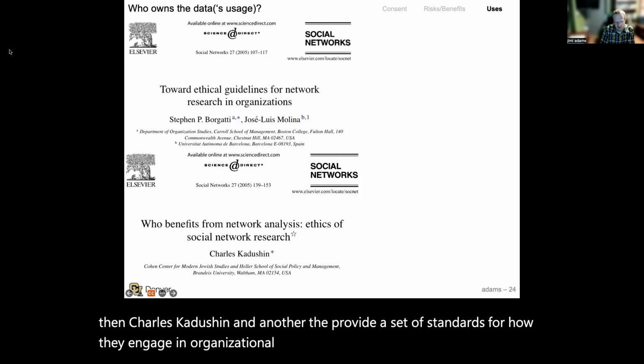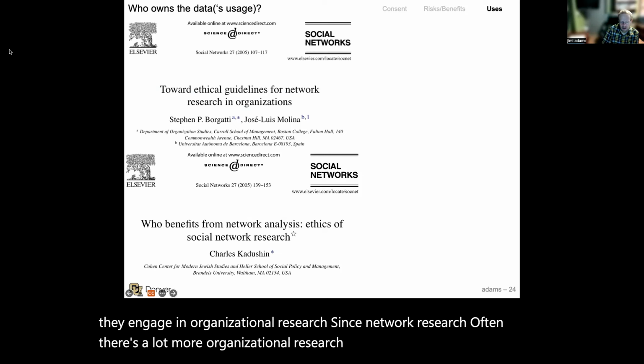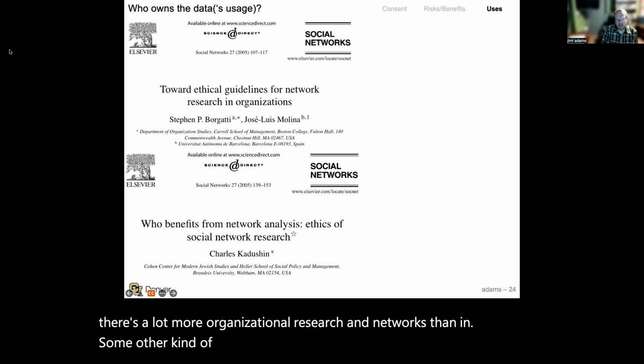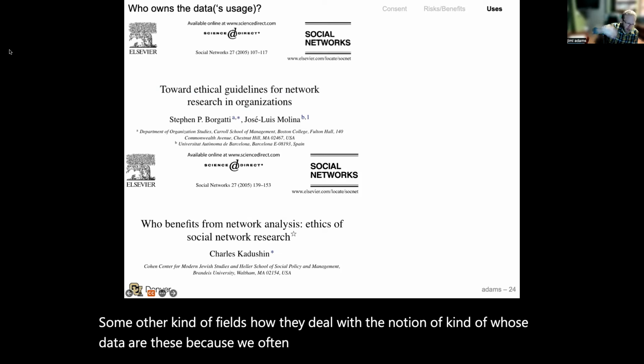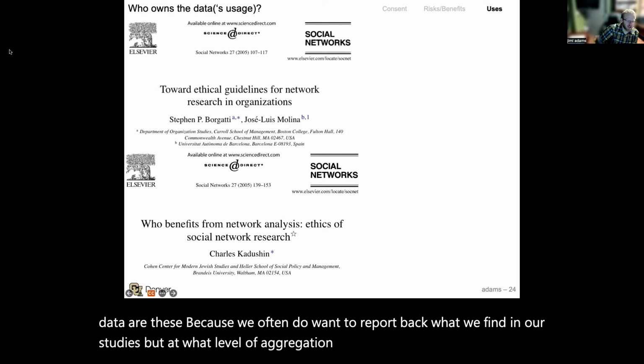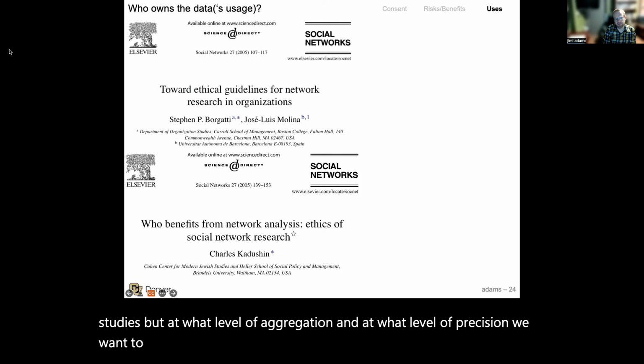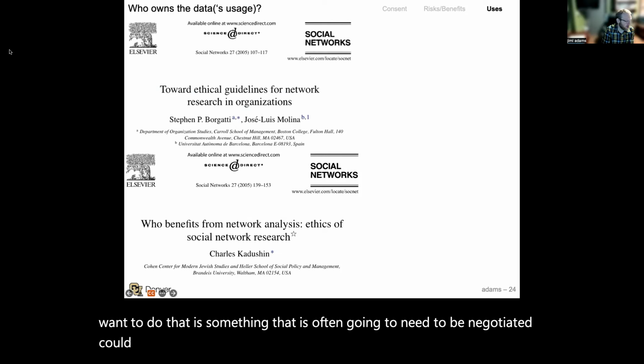Since there's a lot more organizational research in networks than in some other fields, how they deal with the notion of whose data these are? Because we often do want to report back what we find in our studies, but at what level of aggregation and at what level of precision is something that is often going to need to be negotiated. Kadushin even proposes having an explicit contract about what he will and will not provide to